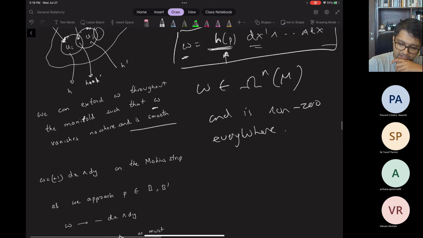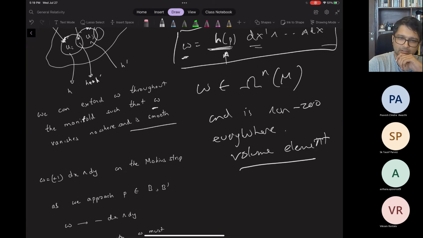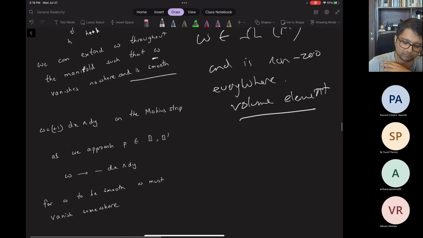Okay, so this is a volume element, which we can use to define integration. And we'll do that next. So just to give you an idea of how this would fail, on the Mobius strip, if I define, for example,